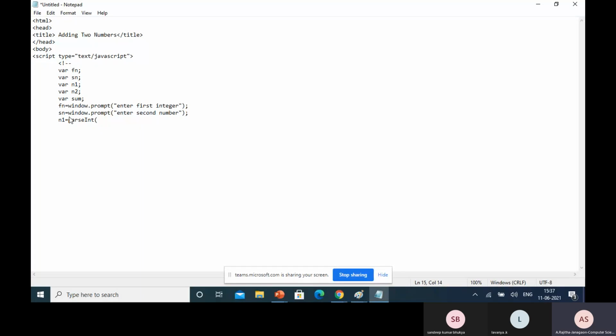That is parseInt of first number, next parseInt of second number. Next, sum equal to n1 plus n2.